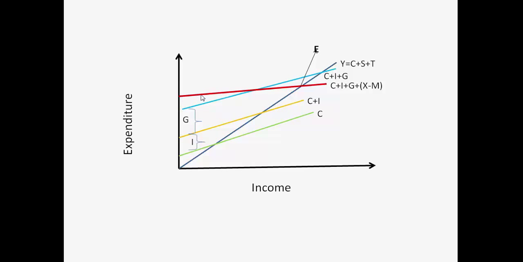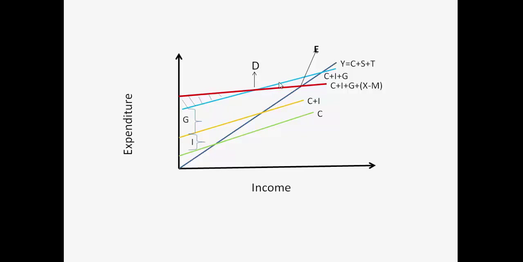Fine. You can see that this particular portion where C plus I plus G plus X minus M is greater than C plus I plus G shows that the exports are more than imports, and so there is a net addition to the income of the economy. That is up till point D, where the aggregate demand line cuts the domestic demand line.